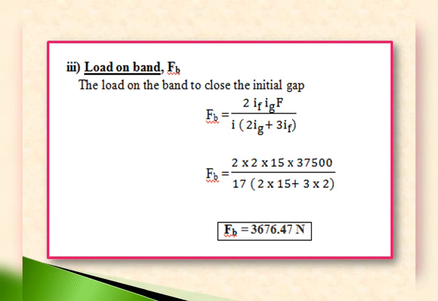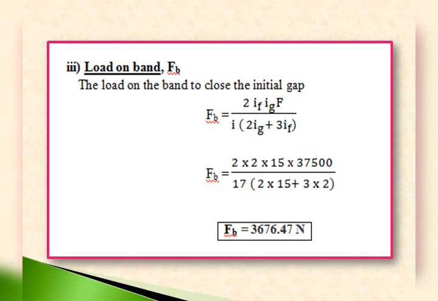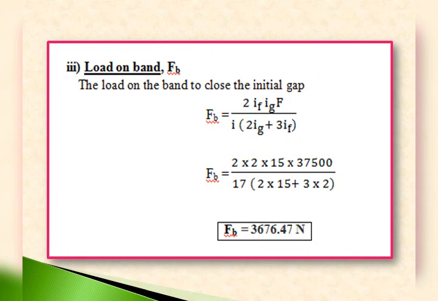Now we'll substitute the unknowns. We know all the values, so we'll substitute in that equation. We get C = 2 into 37,500 into the effective length L, 500 cubed, divided by the number of leaves i = 17, into the width of the leaf spring 110.5 mm, into thickness 13 mm, that is 13 cubed, into Young's modulus E = 200 gigapascal, that is 200 into 10³ megapascal or Newton per mm². By simplifying this, we get the initial nip or gap between the leaf springs as 11.35 mm. This is the required second unknown.